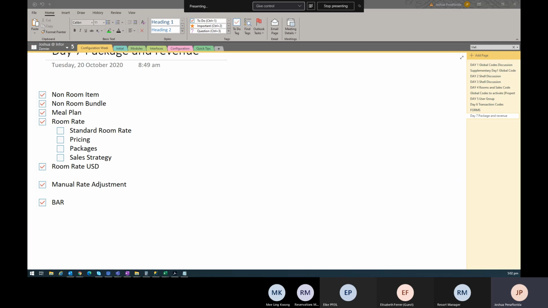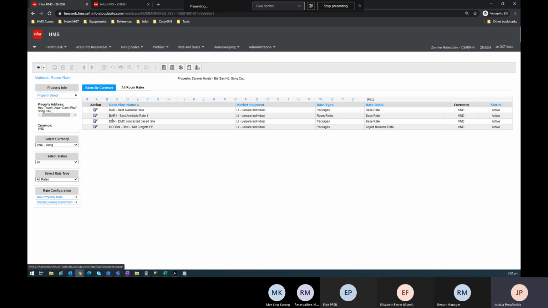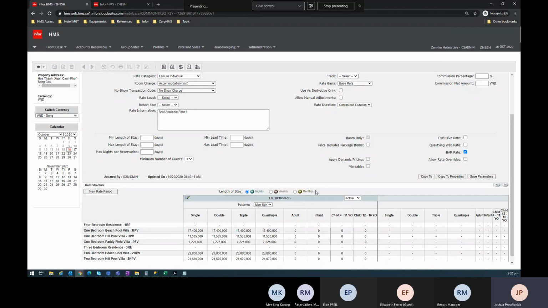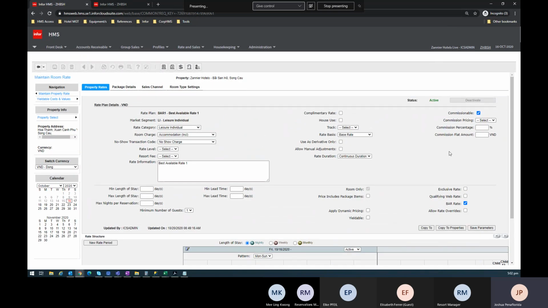Now, let me just do that one very quick. Since our best available rate, our bar itself, is actually the same, they will be having the same rate. So let me just give you one tip if you would like to do things quite fast and efficient. Instead of putting in rates manually here one by one, you can actually copy the rates from the established rate plan to another rate plan. You can just click on copy to,